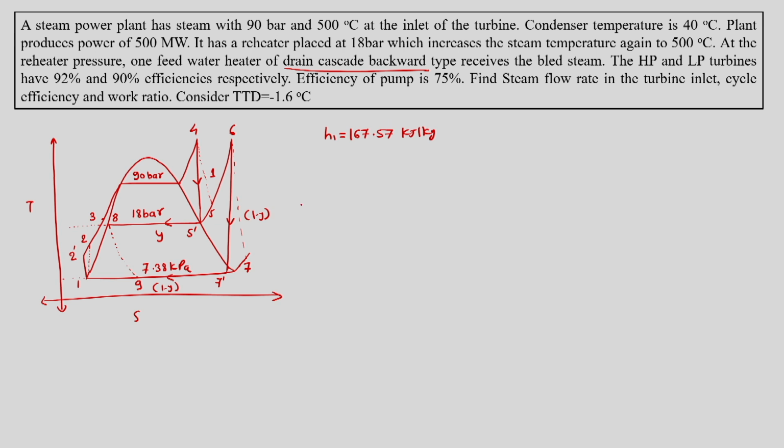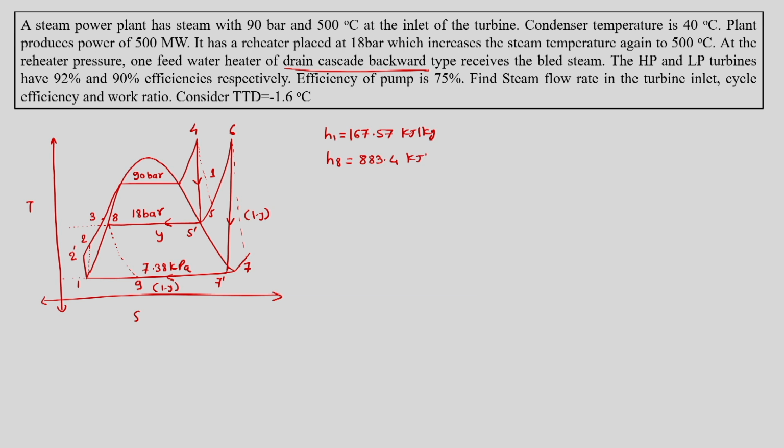Similarly, we can find out at 18 bar what is H8. H8 is the saturation enthalpy of liquid, since it is told that the steam condenses there in the feed water heater, and then H8 at 18 bar liquid saturation enthalpy is